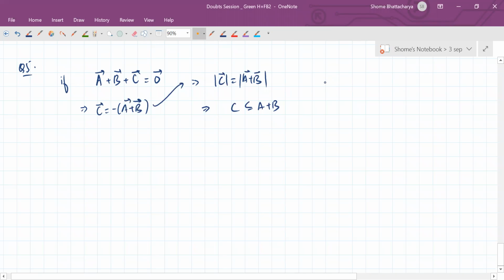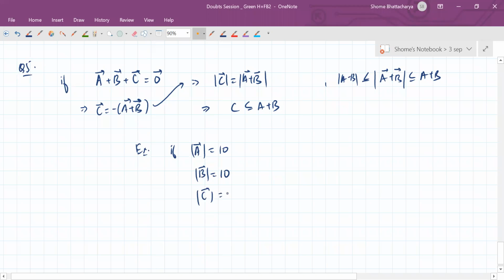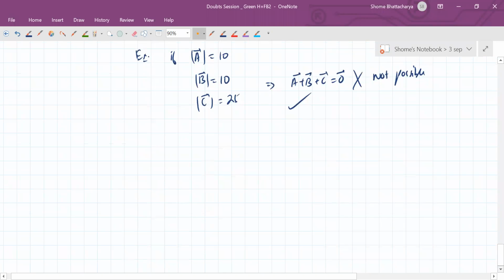Okay, because as out. Okay, so for example, if A is equal to 10, B is equal to 10, and C is equal to, let us say, 25, then A plus B plus C equal to 0 is not possible. Okay, so you can understand this. Okay. Now, similarly, if I have the resultant of 4 vectors as 0,